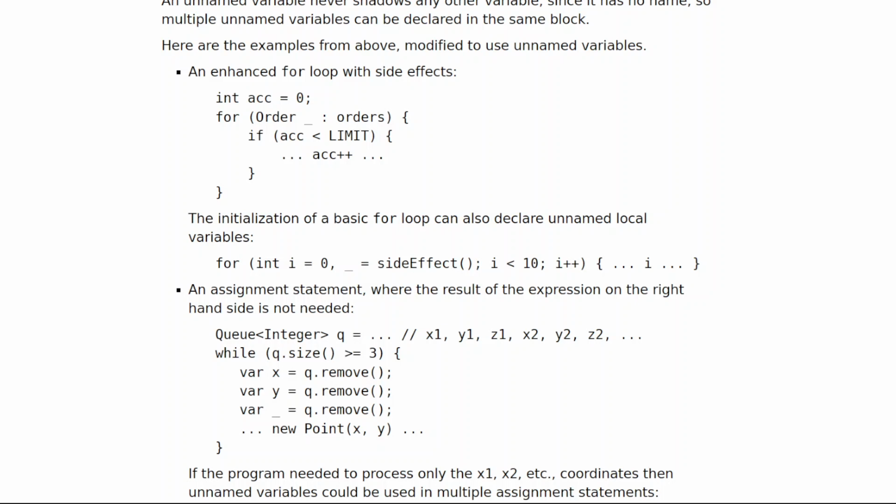2. An assignment statement, where the result of the expression on the right-hand side is not needed. Queue<Integer> q = ...; // x1, y1, z1, x2, y2, z2, ... while (q.size() >= 3) { var x = q.remove(); var y = q.remove(); var _ = q.remove(); new Point(x, y); }